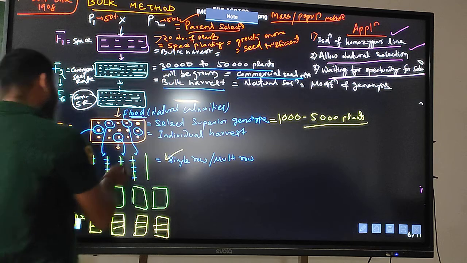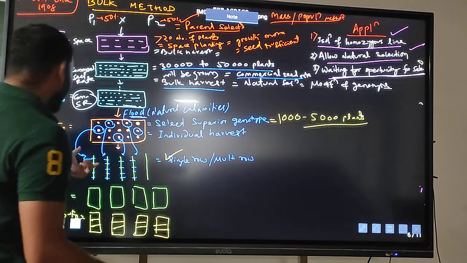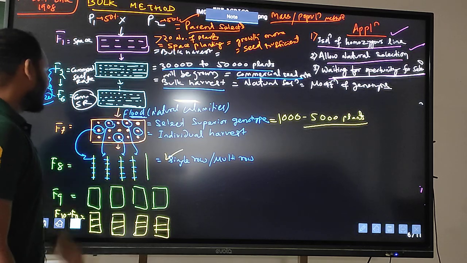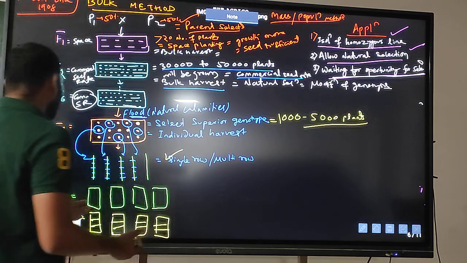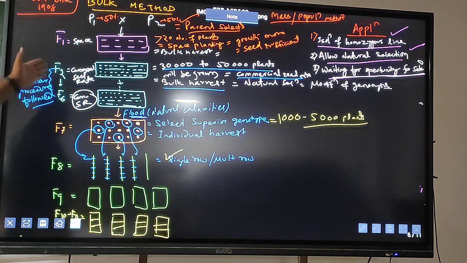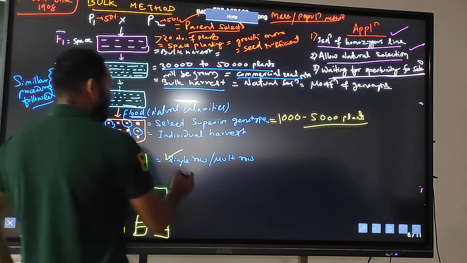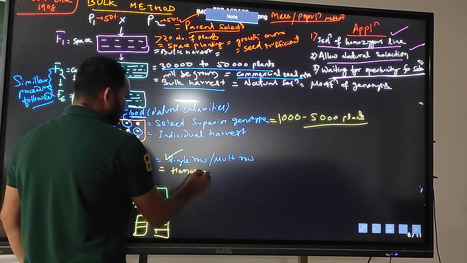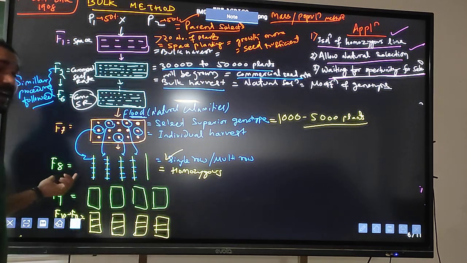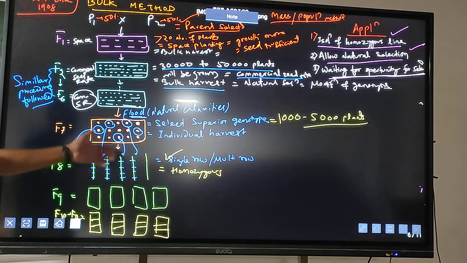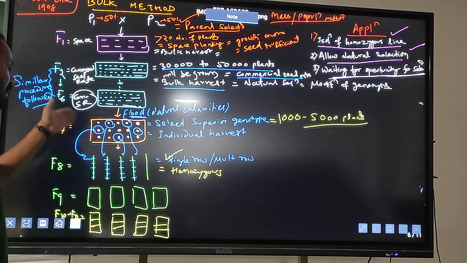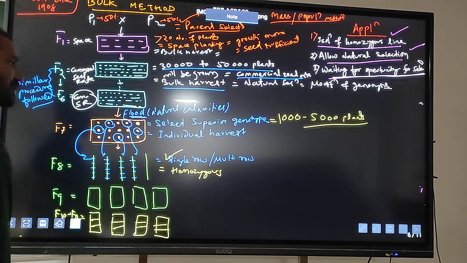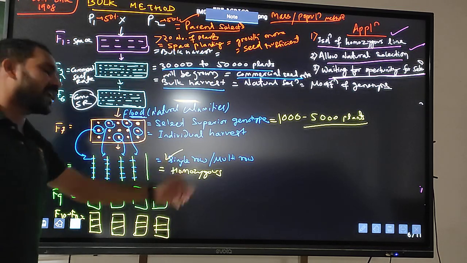As we are selecting the superior genotypes which are resistant to flood, I must think that if there is selfing generation, there must be homozygosity. Yes or no? So now it is F8 generation. Again I have told, minimum is F6 generation. If flood is not there, then go for the bulk harvest method. So likewise the homozygosity will be increased.